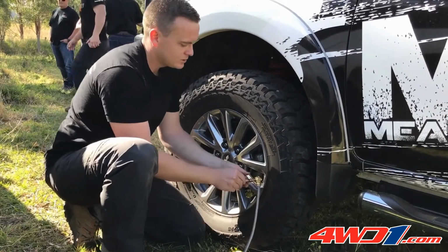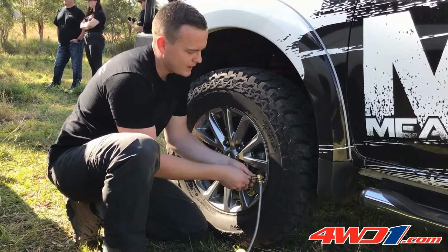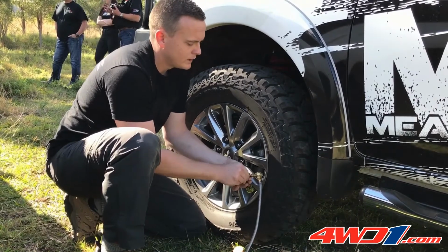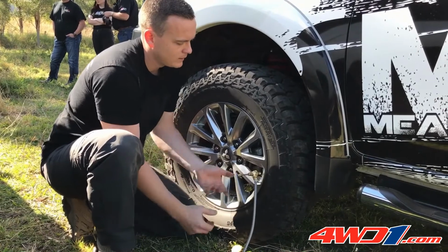With the gauge now attached, you want to remove the valve core. So this shaft here has got a little prong, engages onto your valve core. Go counterclockwise to remove the valve core until it's all the way out. With it all the way out,